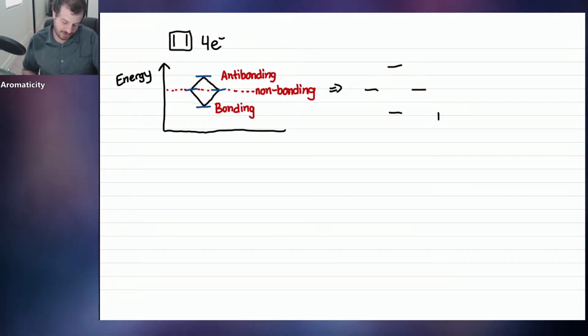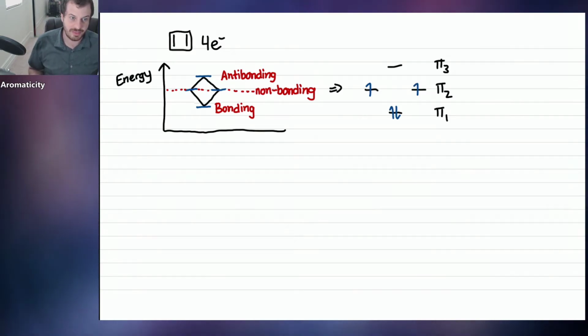All right, let's transfer this over, our little scheme. It looks like this, and we have a pi 1, pi 2, pi 3. Looks good. Pi 1, we're going to go ahead and fill up, total 4 electrons. So pi 1 is totally full. So 1, 2, 3, 4.